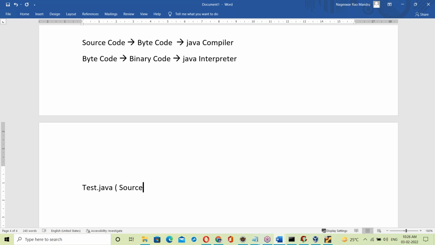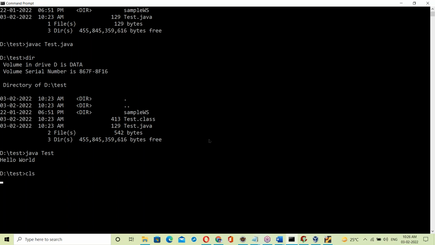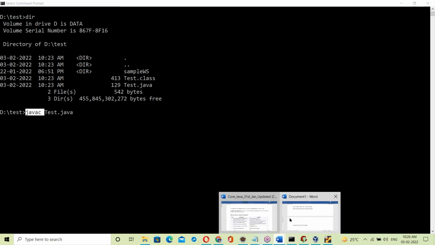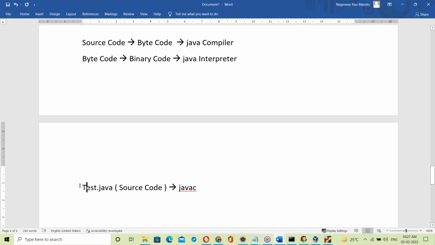The source code is given to the Java compiler, javac. Javac means Java compiler, and we are compiling test.java. So test.java is given to the javac compiler.